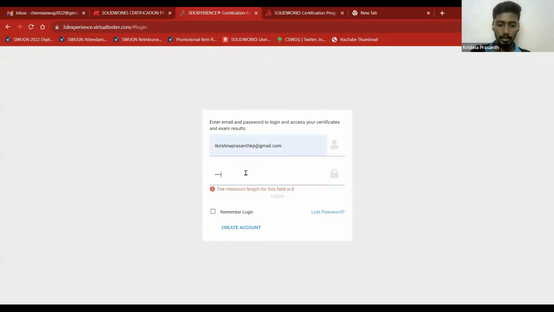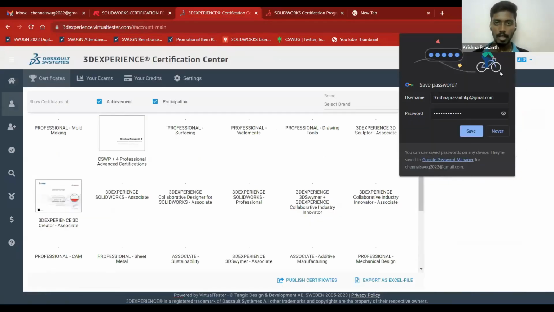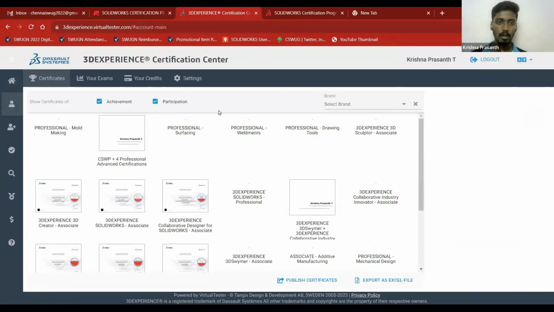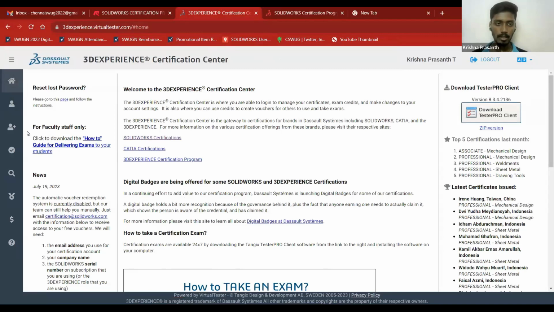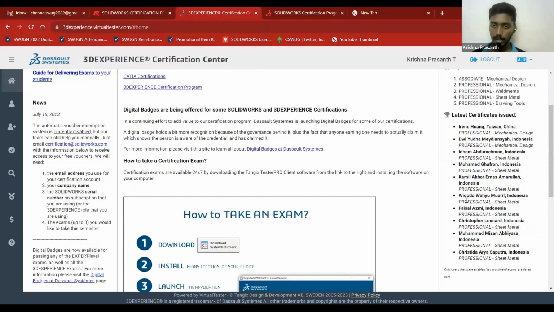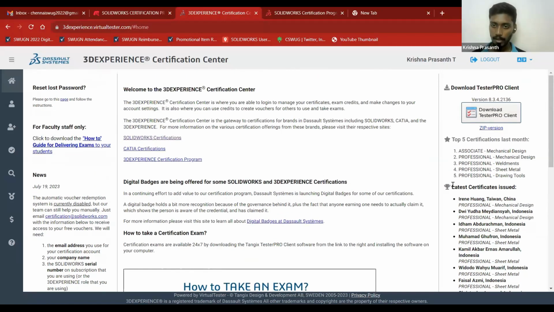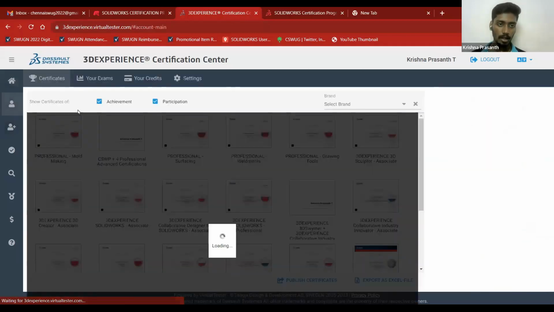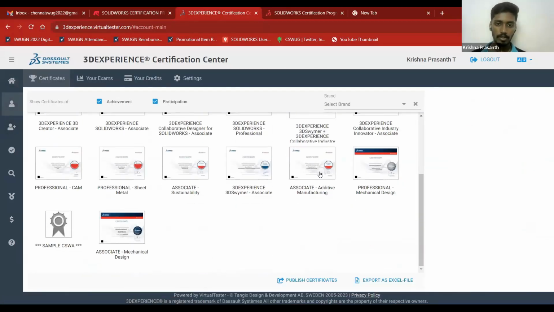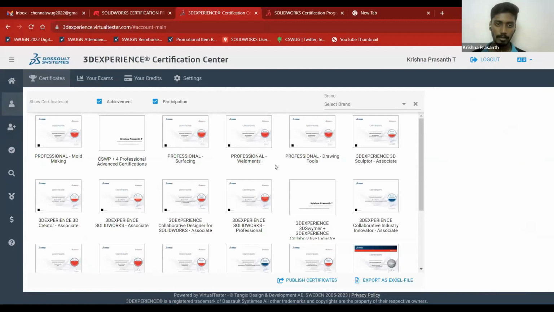So we can see a basic look at how the dashboard will look. Yes, this is my account where I can see the latest updates of certifications issued. If I complete an exam, my name will also be displayed here, along with what exam I have taken and from where I have taken it. Everything will be provided. The software for the exam can be downloaded here. And this is the account in which I can see every certificate I have got so far.